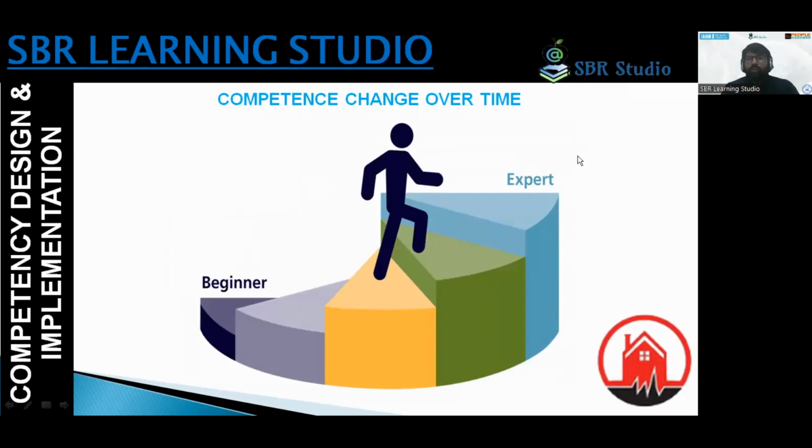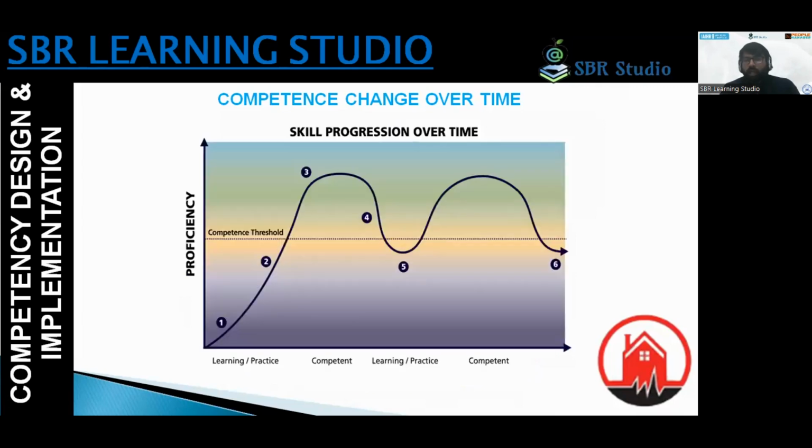Similarly, it is the first part where you are defining the competence, because competence changes over time: for the beginner it is a little bit, then mid level, third level, fourth level, until the expert level it is going to change. And there is the span of time also, in which things are required to be learned, then relearned, and accordingly sometimes it may be consistent, or sometimes it may change based on the competence level, from the beginner to the expert.